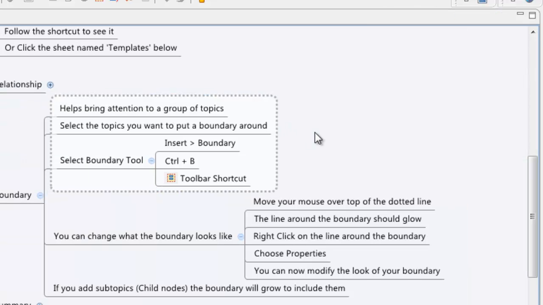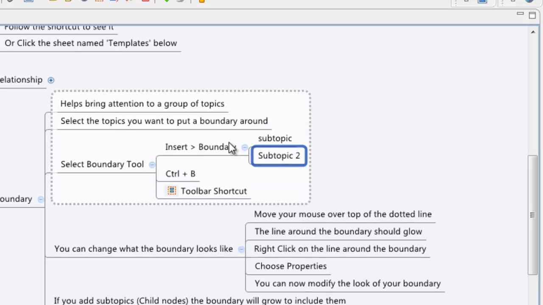So there you go. A nice and simple tool to make boundaries around things and it just helps them stand out a little bit better, if you want. And just so you know, when you add subtopics, those subtopics will also be included in the boundary. Which means, and I guess where it comes into being more of a factor is, let me just add a second one here. If the subtopic is